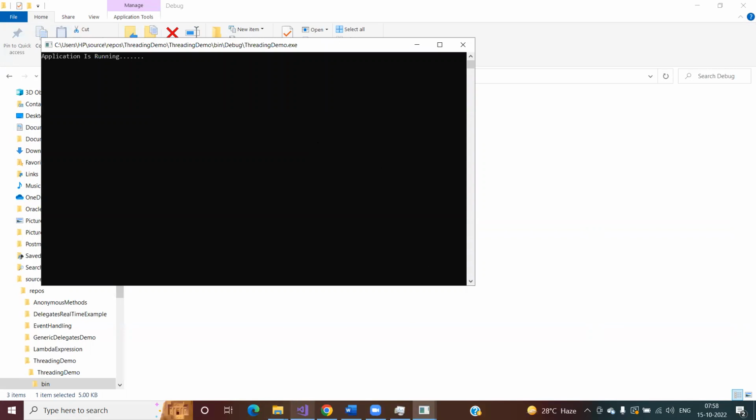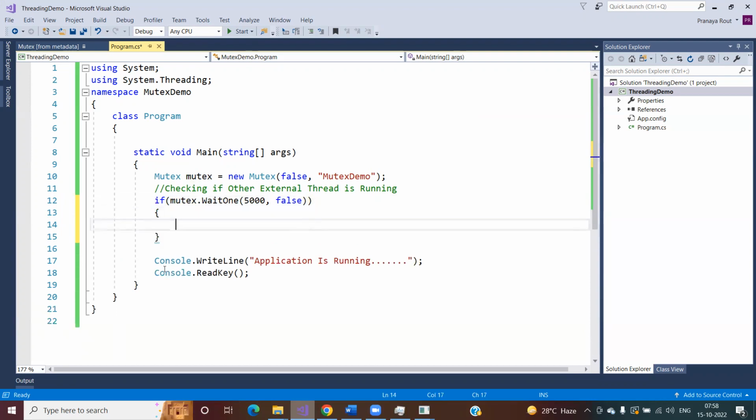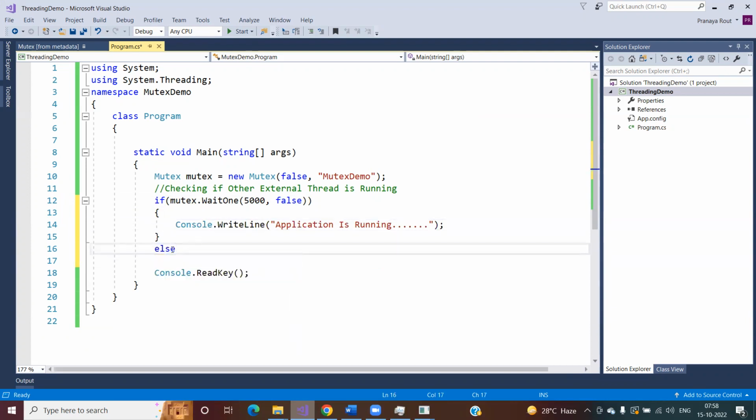See, the application is running. Why is it returning? Because here we have only written this statement. After 5 seconds, it is returning me false. After 5 seconds, it is returning me false. But do we have any condition to close the application? You understood why I'm writing the if condition? Suppose I'm writing this if, and this is going to return me true, then only I need to execute this piece of code, and else what I need to write, I need to write